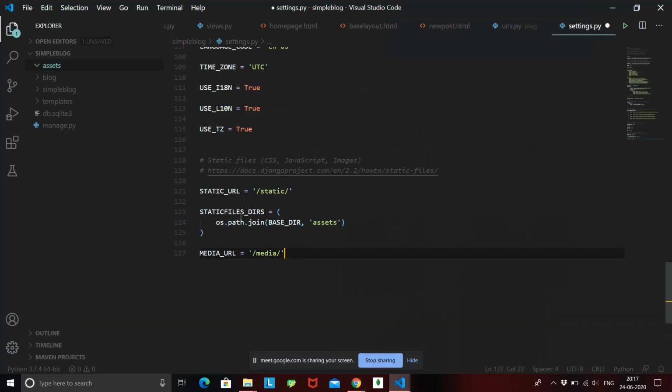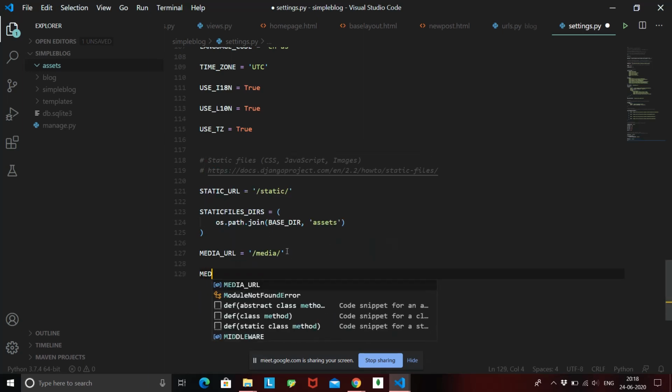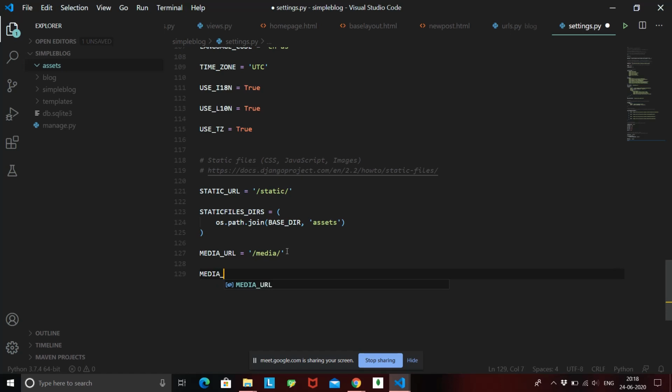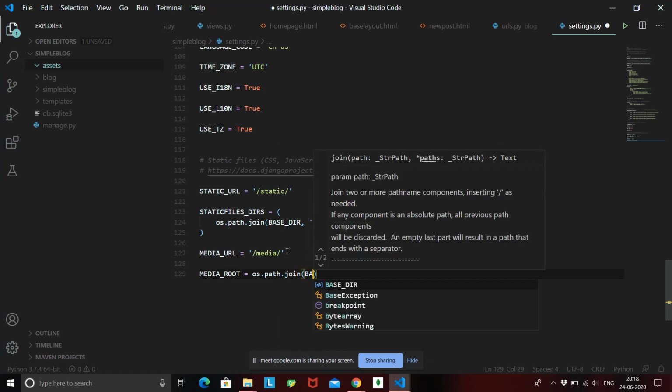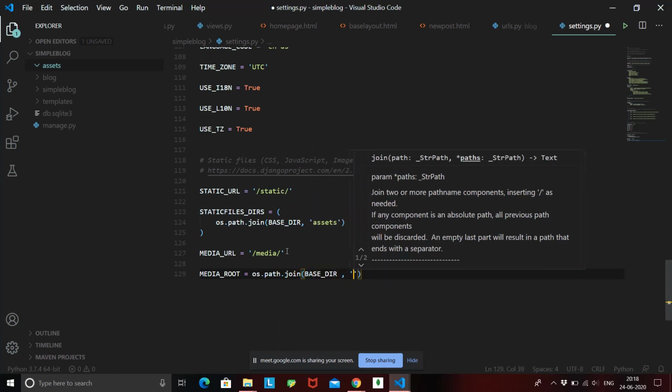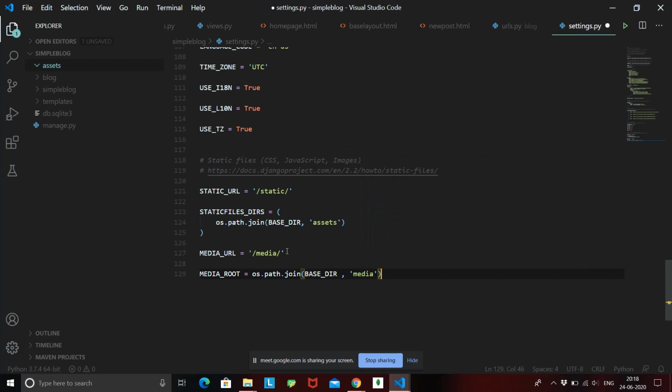As we joined the static dirs, we are going to join the media, and it is named MEDIA_ROOT. Now it is not MEDIA_URL or media dirs, it is MEDIA_ROOT equal to os.path.join, and then we join the base directory with a folder called media, and inside this folder we are going to store all our media files.